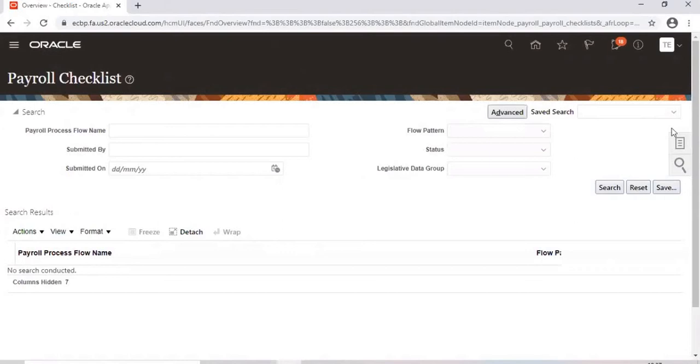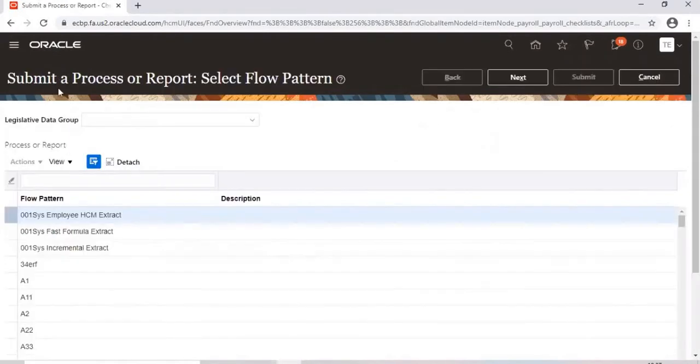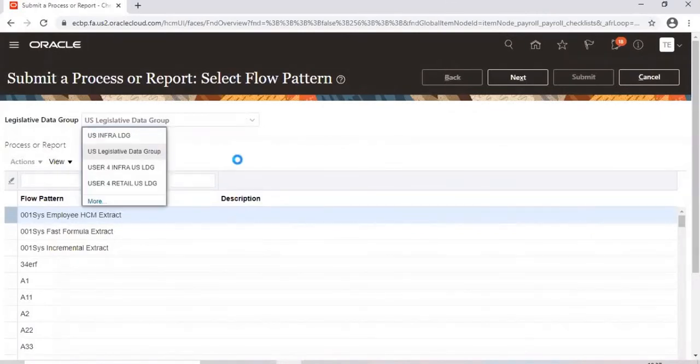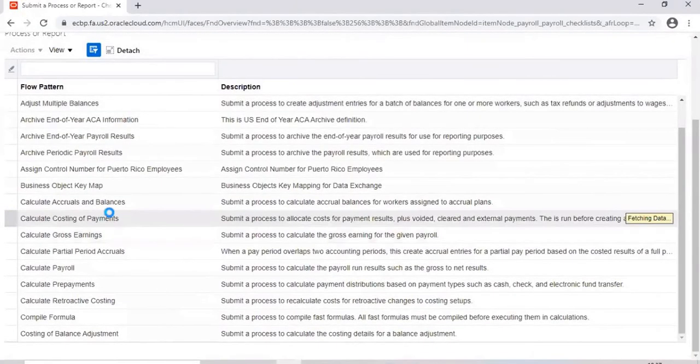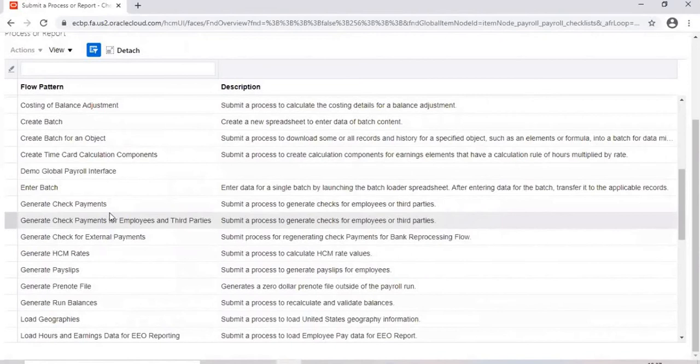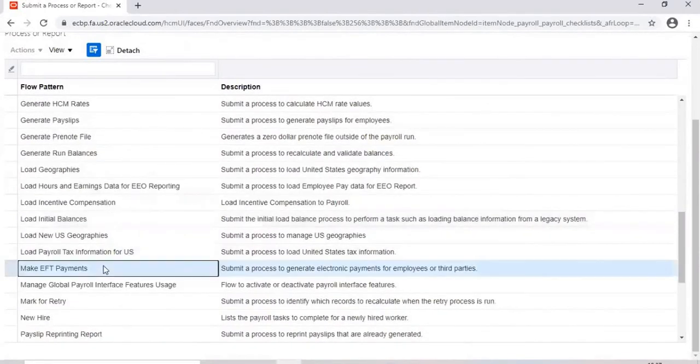Then once you generate the payslip, the next process is make EFT payments. This process will actually generate an electronic payments file.